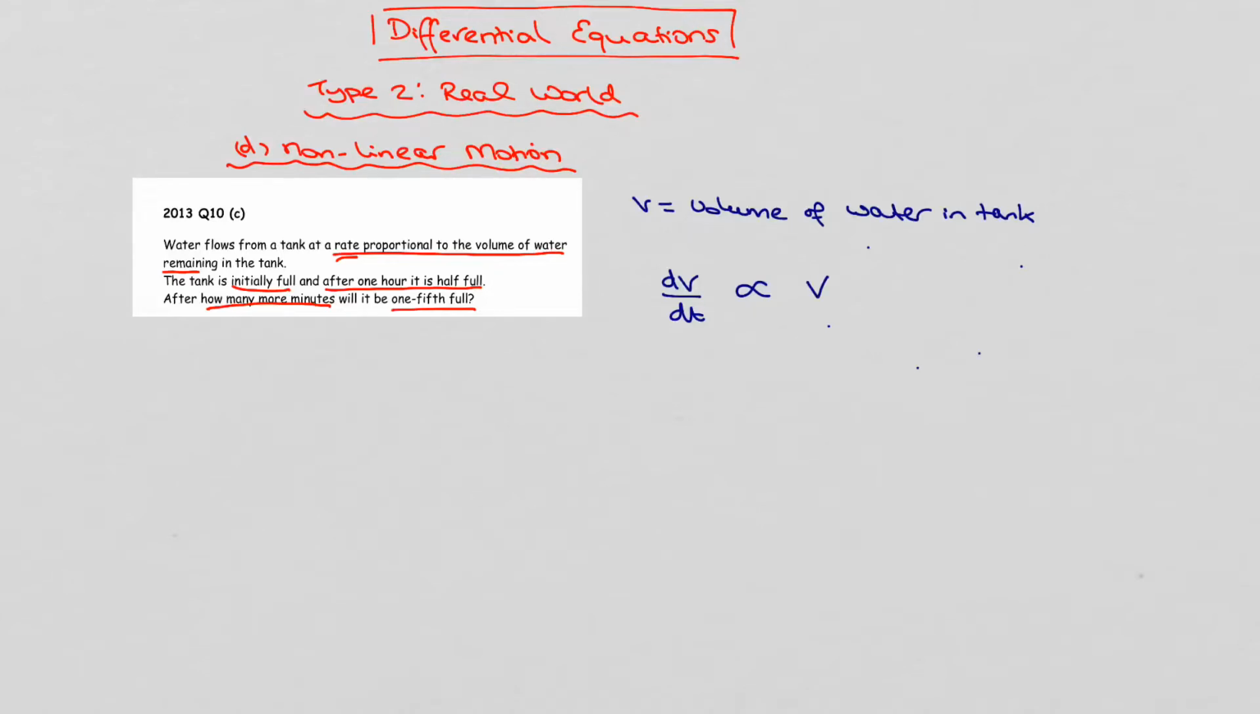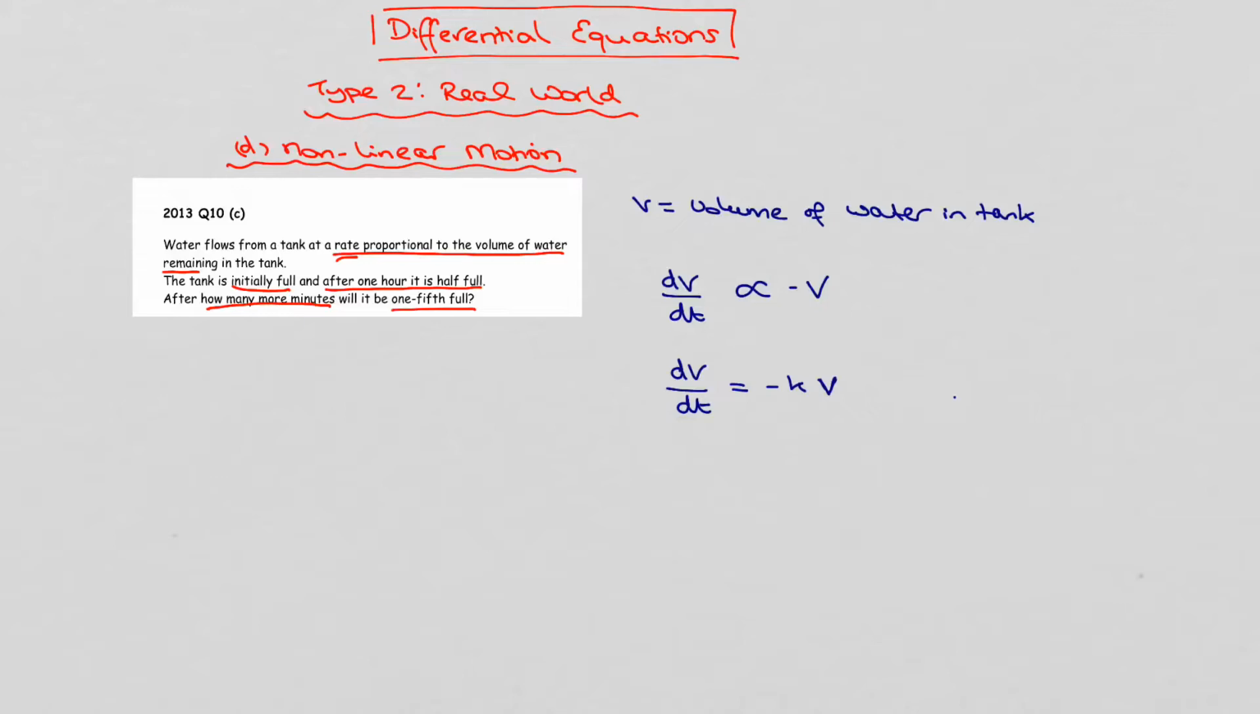Now the volume of water in the tank is basically decreasing. So if I go from proportional to equals, we always end up with a constant of proportionality, and that is going to be negative because it is decreasing. Okay, so therefore, or if I put in the minus there even,